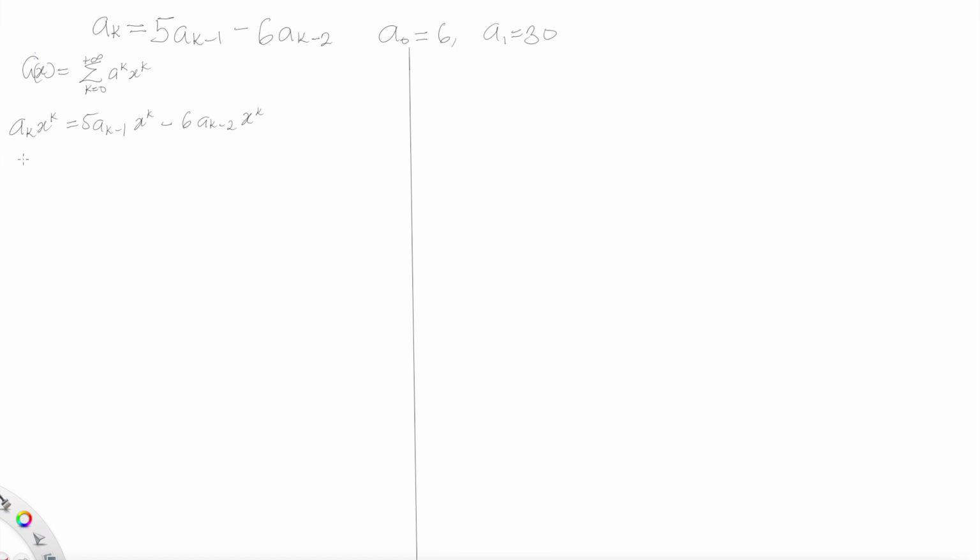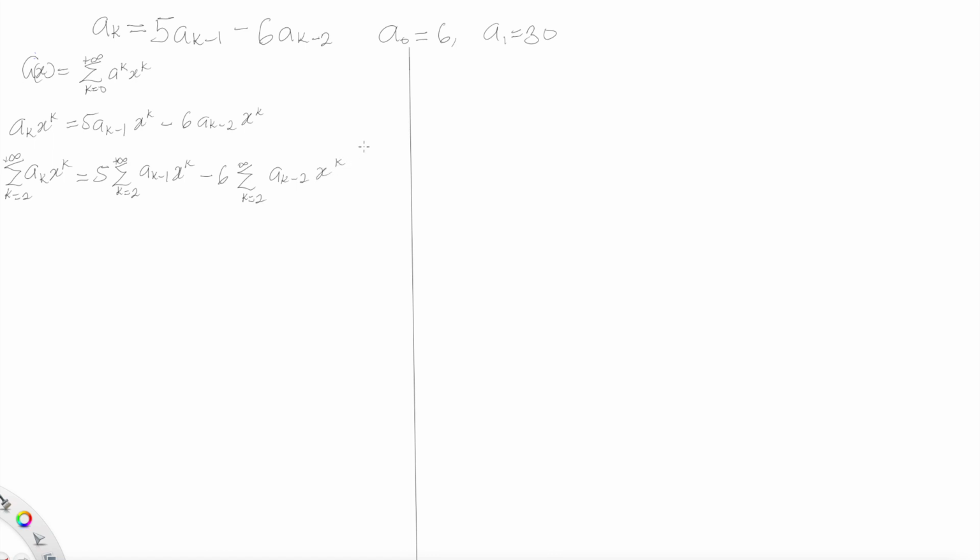So we sum this from k equals 2 to infinity: a k x exponent k equals, since 5 is a constant, it would not be included in the summation, the sum from k equals 2 to infinity of a k minus 1 x exponent k, then minus 6, you do the same thing, k equals 2 to infinity, a k minus 2